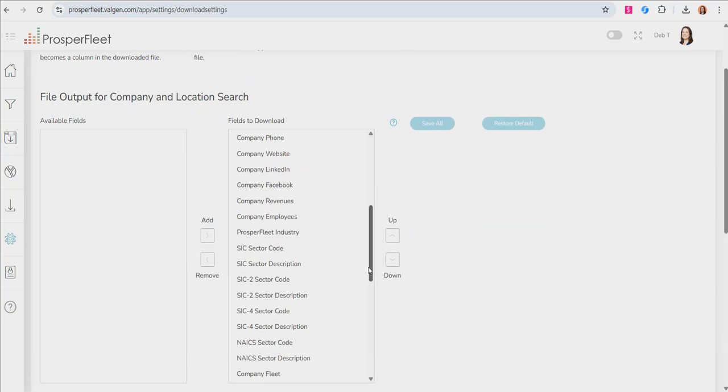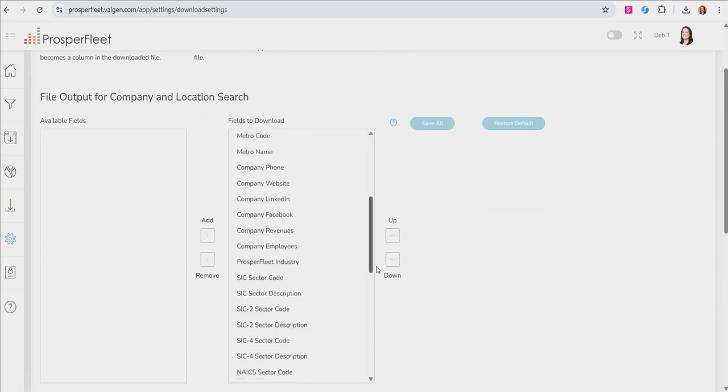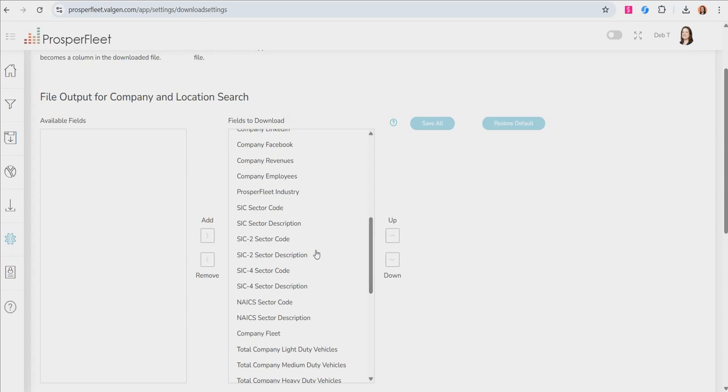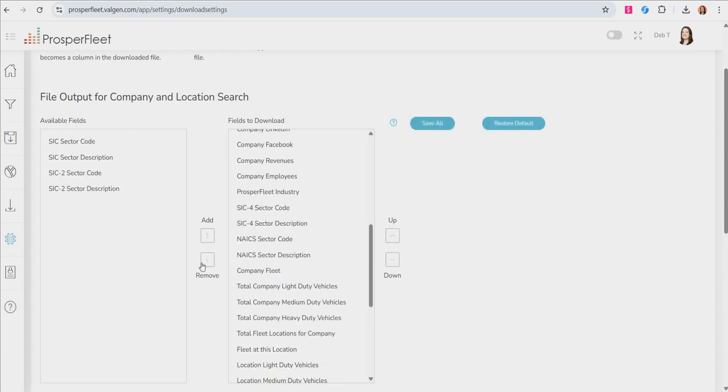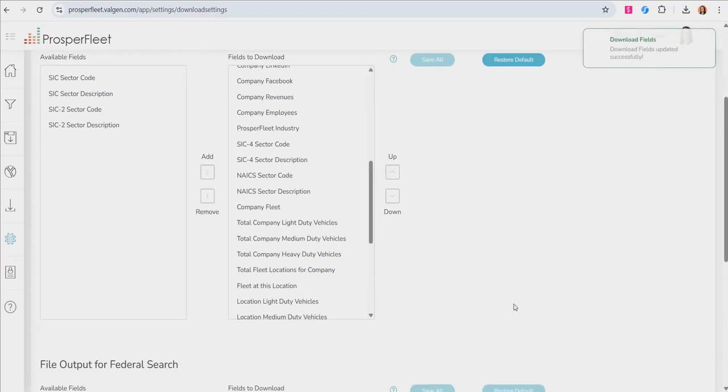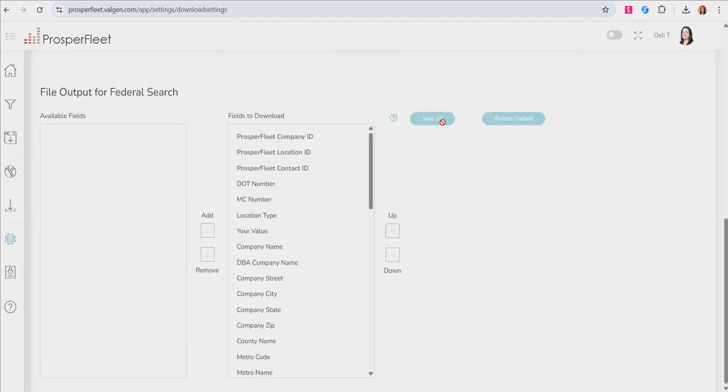So if there are some fields you do not want to export in your CSV file, say for example, maybe SIC4 is enough, so we want to remove SIC and SIC2. Just select those, click remove. Be sure to click save all to save all your work, and we have separate buttons for federal,